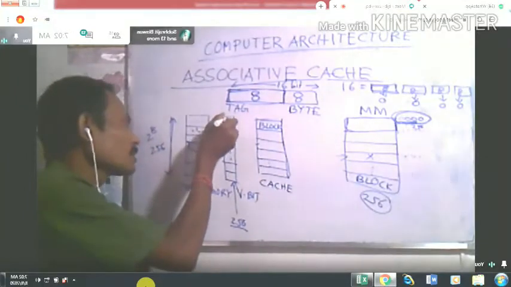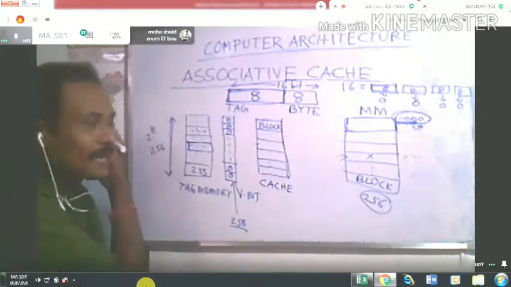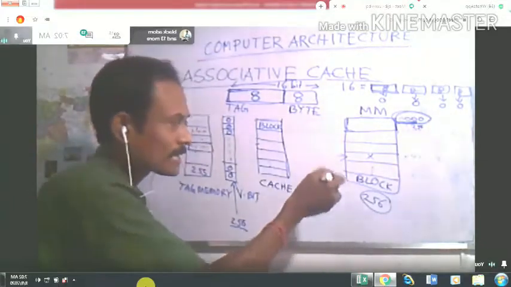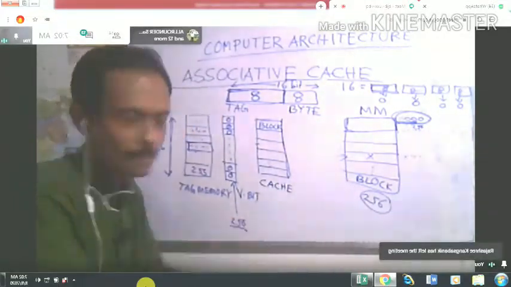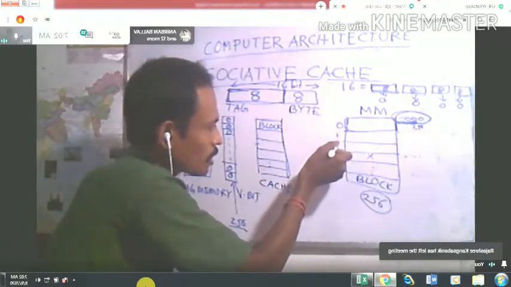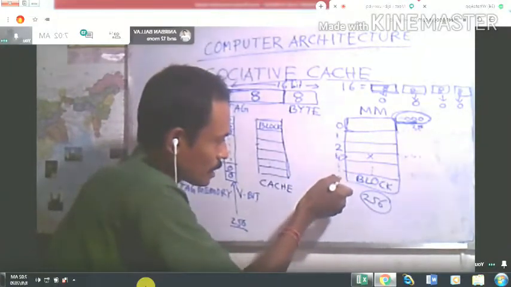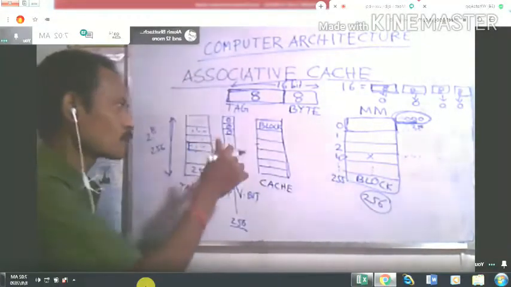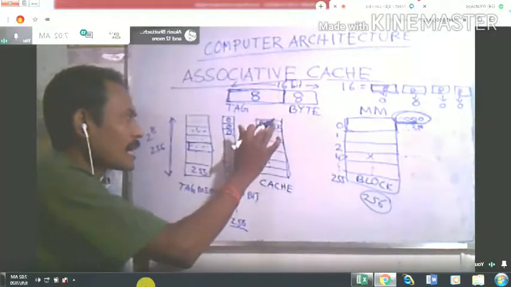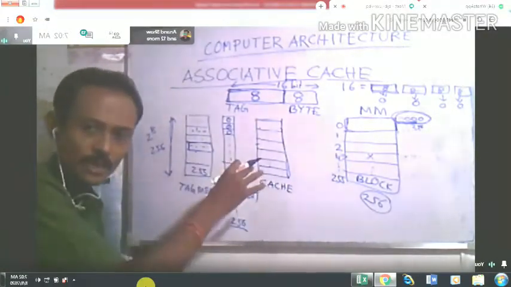Suppose initially all the valid bits are 0, and suppose there are different blocks: the first block is 0, the second block is 1, then the third block, the fourth block, and ultimately you will get block 255. Clear? So initially within the cache memory there is no data.